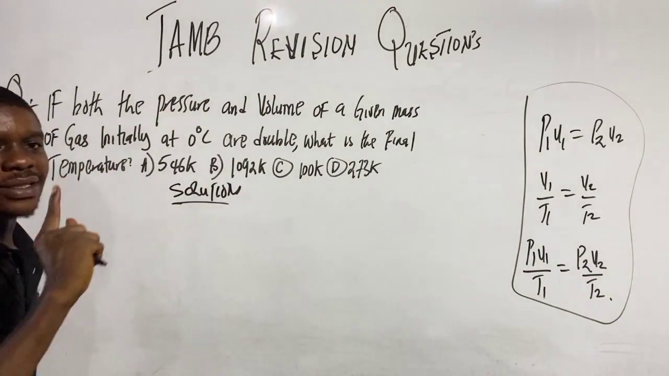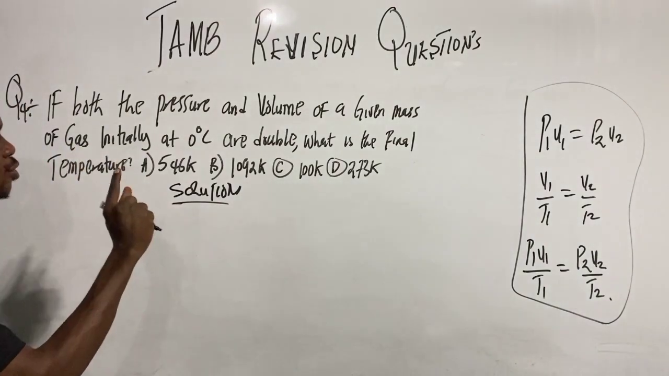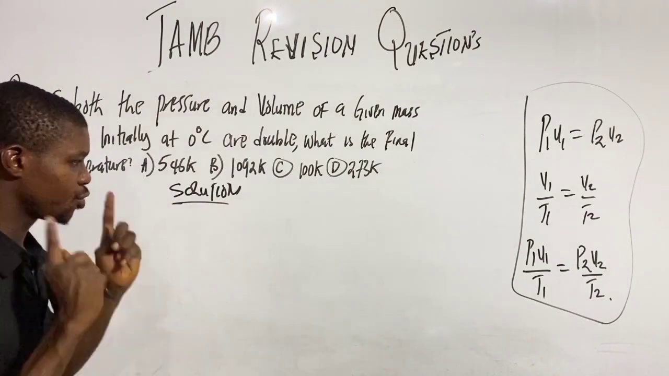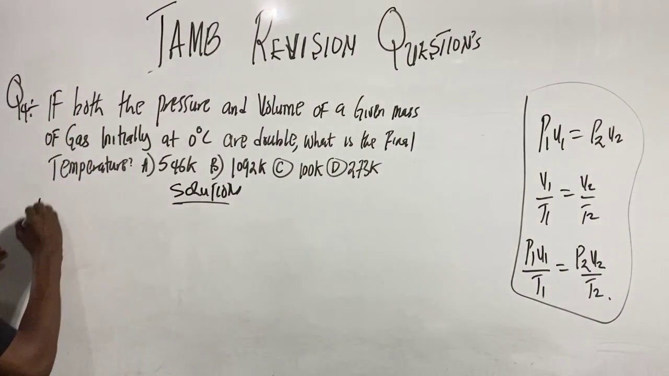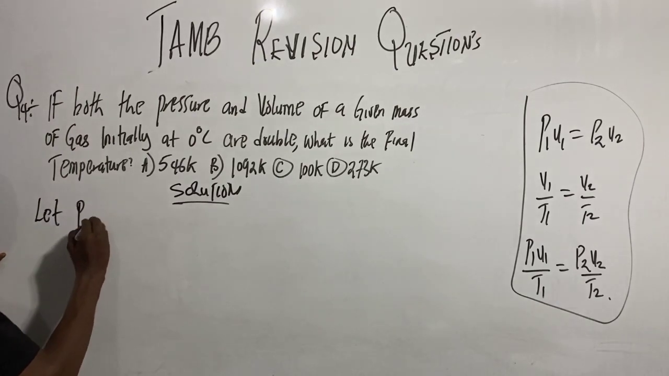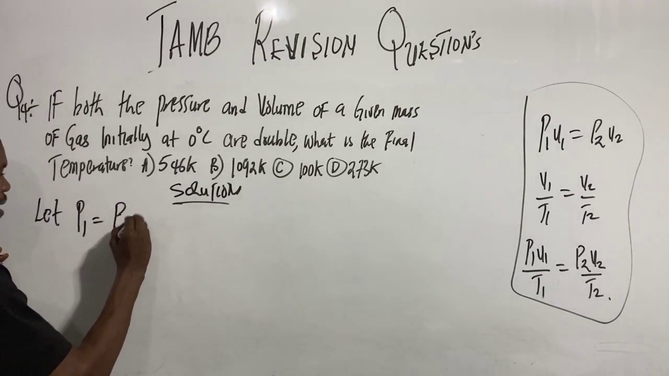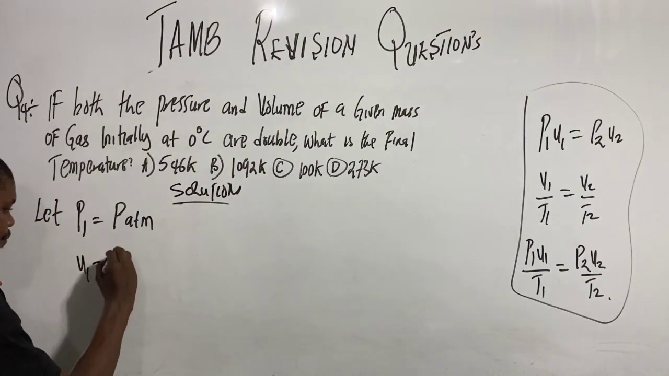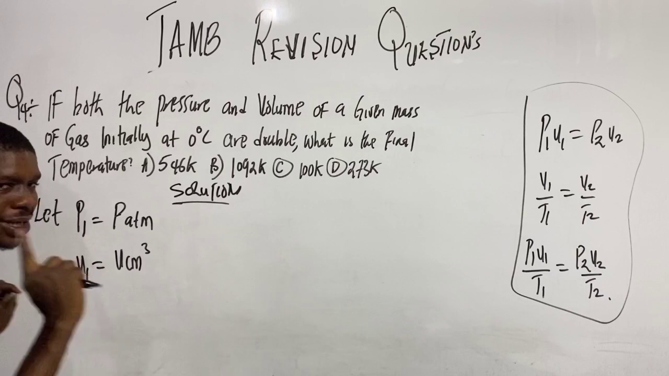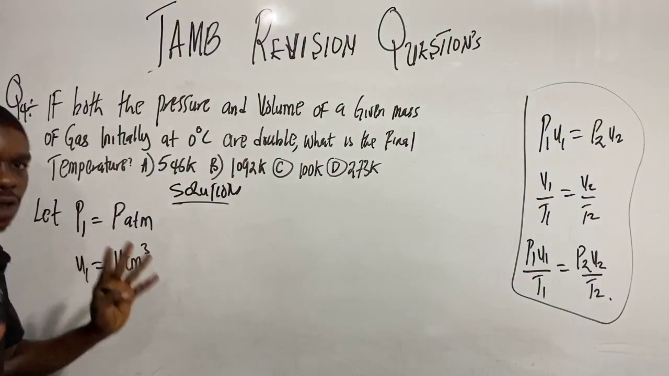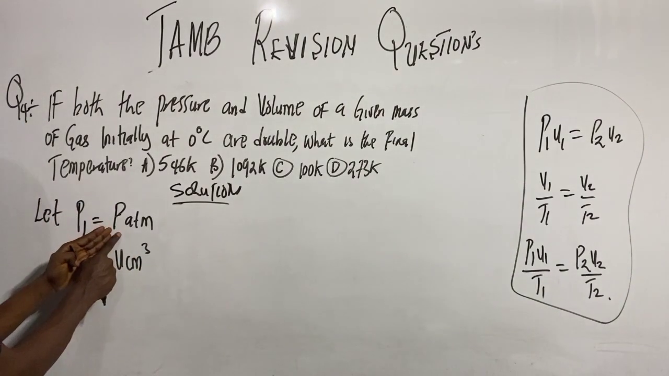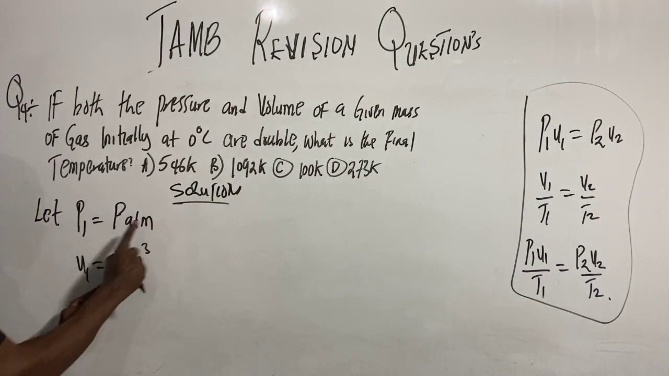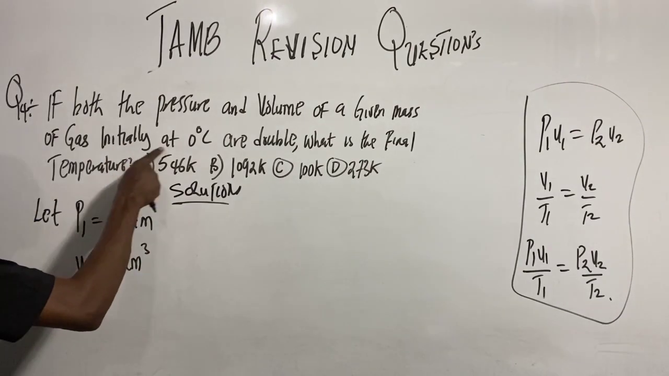Now remember, the initial pressure and volume are not given to us, so we assume a value. Let P1 equal P ATM, and let V1 equal V centimeter cube. Because the value was not given to us, we let P1 equal P ATM and V1 equal V centimeter cube. Now the initial temperature is